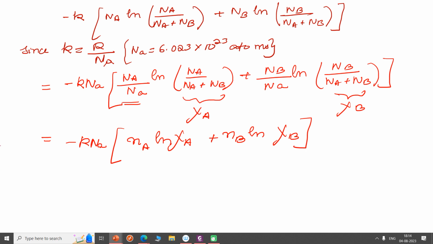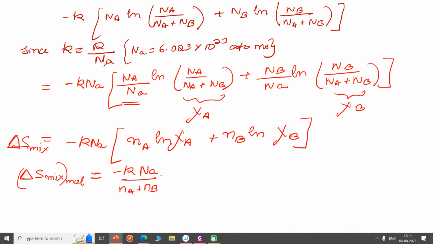So this is giving me the free energy change upon mixing, and since we are interested in molar quantities, since in the last lecture we have seen what are the intensive and extensive variables, if we just divide it by the total number of moles, we get the free energy of mixing per mole, right? So for that we just divide by the total number of moles, which is nothing but Na plus Nb, because we have A and B components in the system. So if I divide it by the total number of moles,